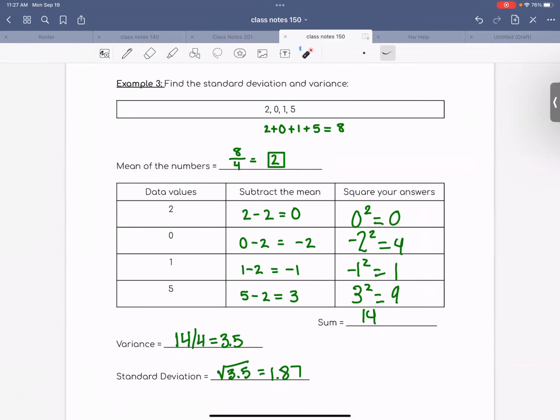Sounds great. All right, do we feel confident to find the standard deviation on the test on Friday? Nice. All right, so that's all I have for you today. Didn't really have anything else planned. So Wednesday we'll do review for the test, and Friday we'll take our first exam, which is